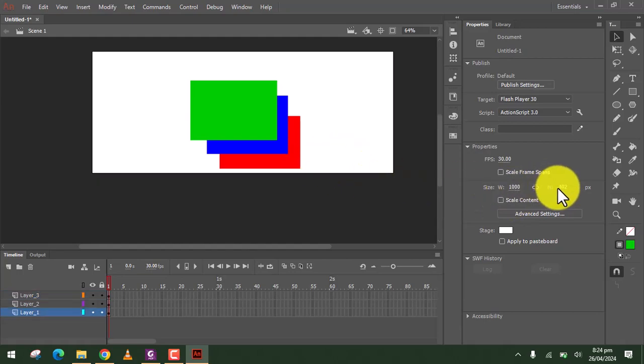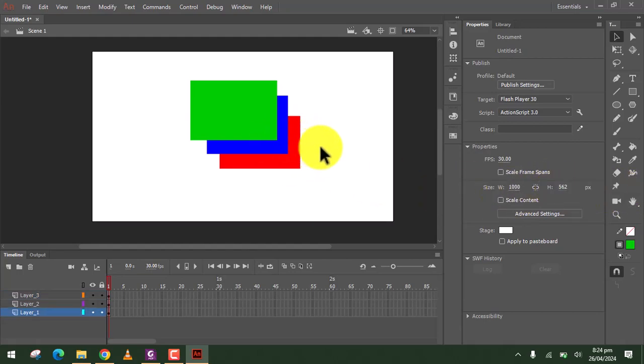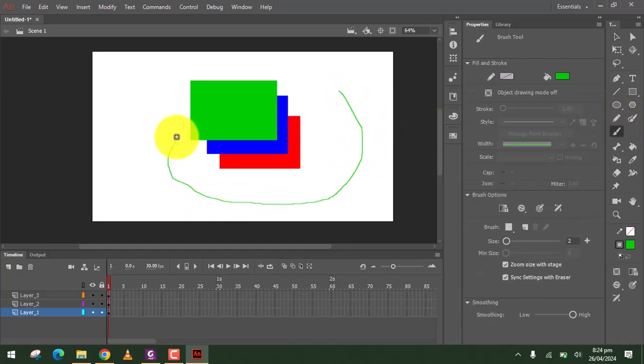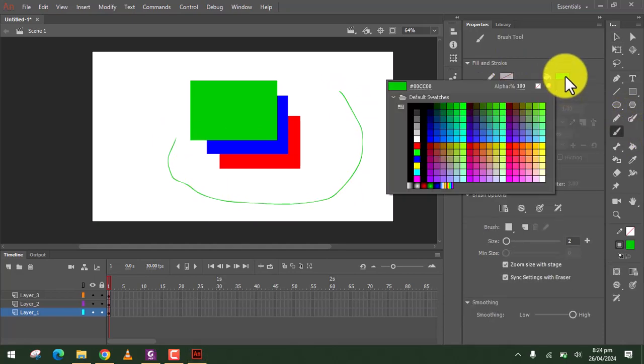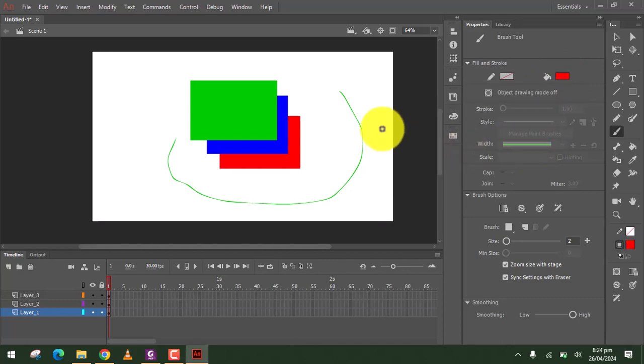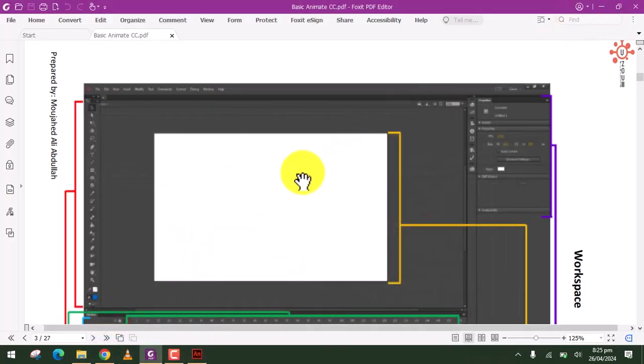I'm gonna change the height like that. Okay, that's the properties. For example, you click the brush and then you brush it here, you can change the properties like this. Let's say red, you can change the color of your brush. Okay, that's the purpose of the properties.